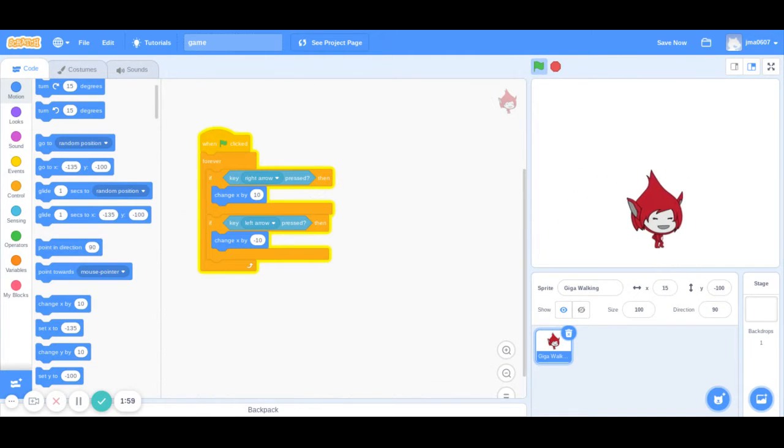So if you want to use any character in the game, it doesn't matter if it's facing or not, like a basket or like a broom, if you want to have a character like that on a broom that doesn't have a walking cycle or flying cycle on it, you can just keep it. You don't really have to do the next couple steps. Or if you just want to have a basket game where you have to collect fruits or something like that, you can just use this kind of coding to get the basket to go left and right. Basically, so then what you're going to want to do is go into,